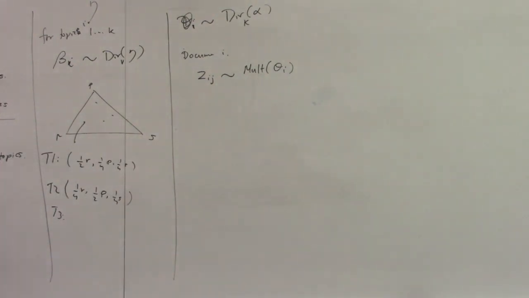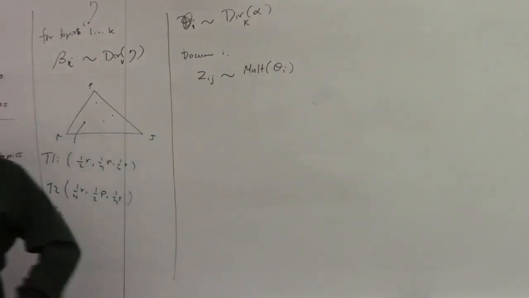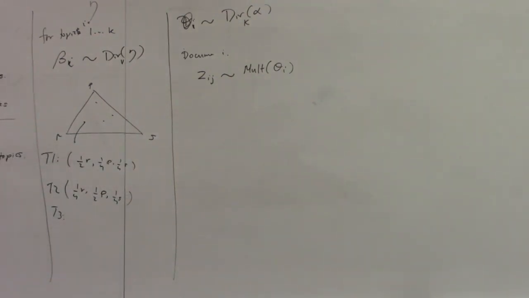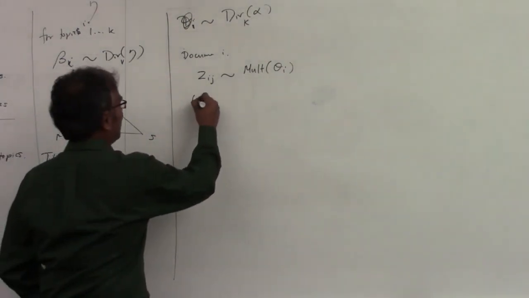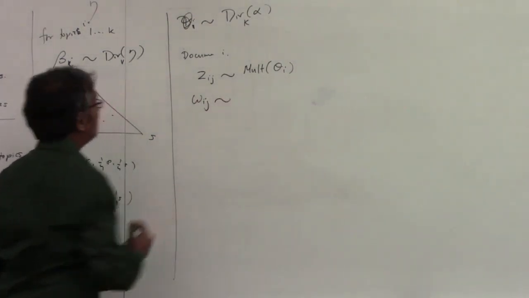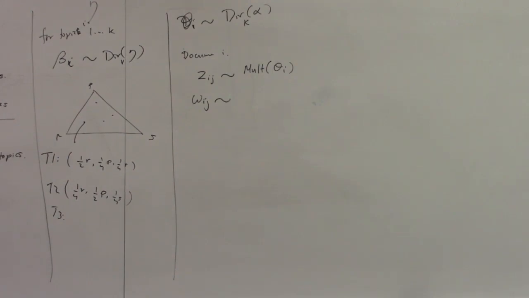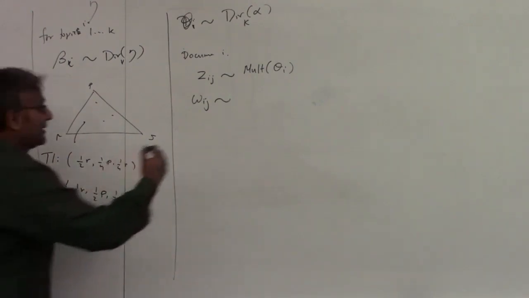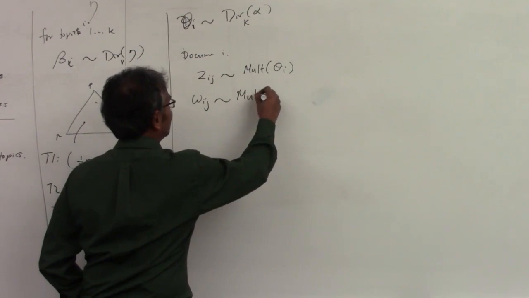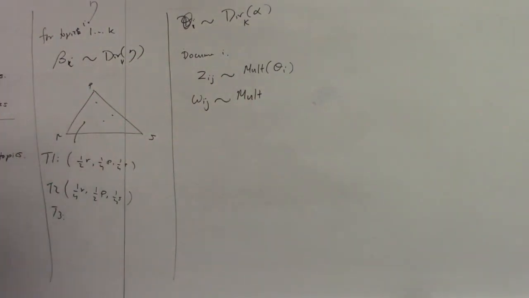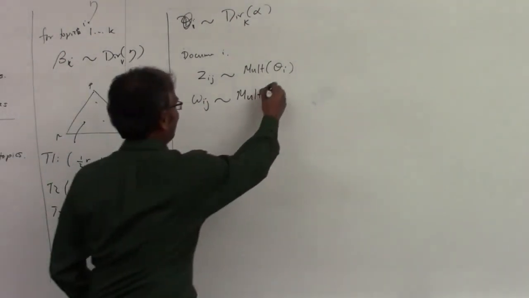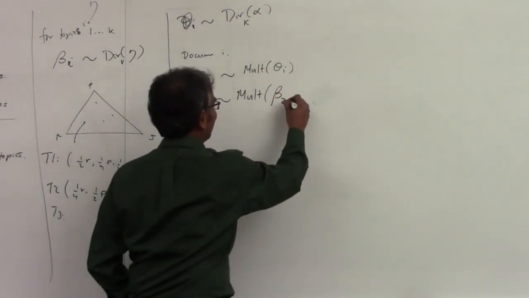So what should I do? What do you think I should do next? I now have a topic. Once you have a topic, you know how the words are distributed. So what am I sampling now? You're just sampling a word from that topic. So I'm sampling a word, w_ij, sampled from a multinomial of what? z_ij. No, z_ij is an actual topic index. Oh, you mean it's beta? Exactly. That's right. It'll be beta of z_ij.